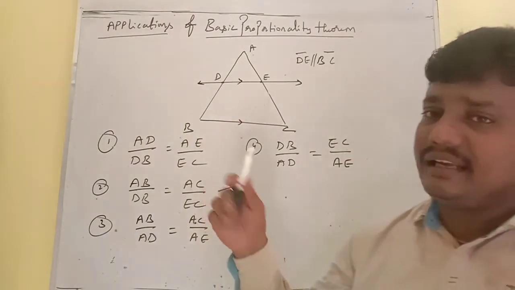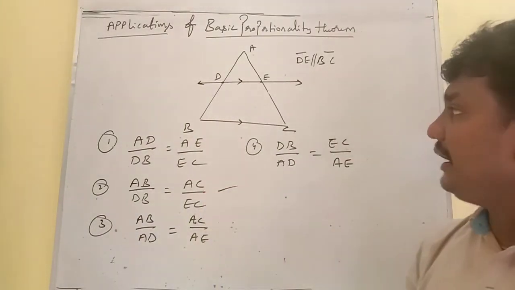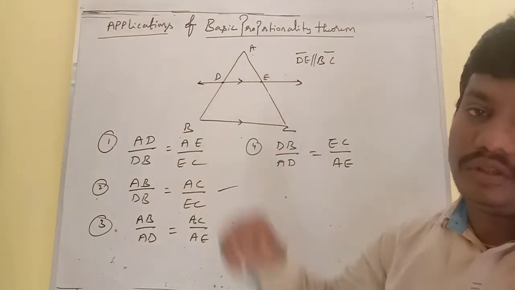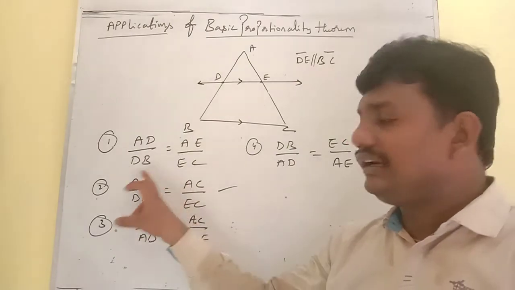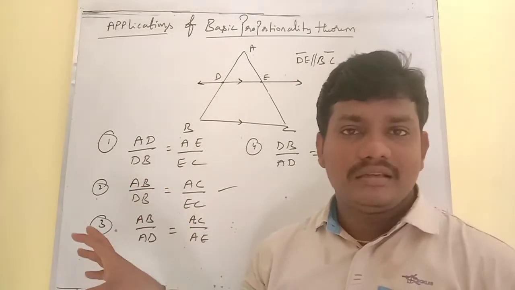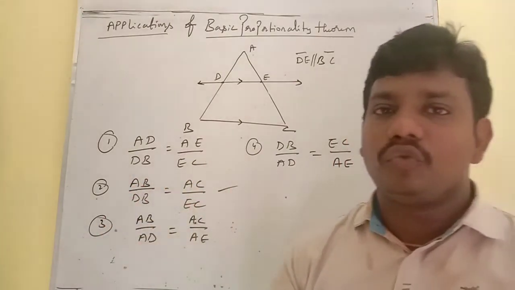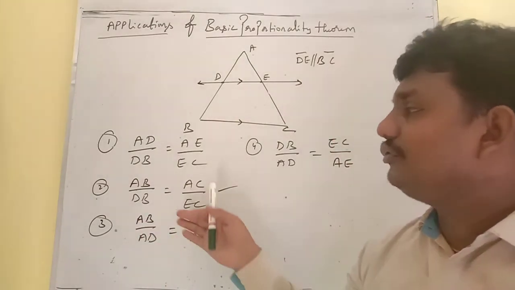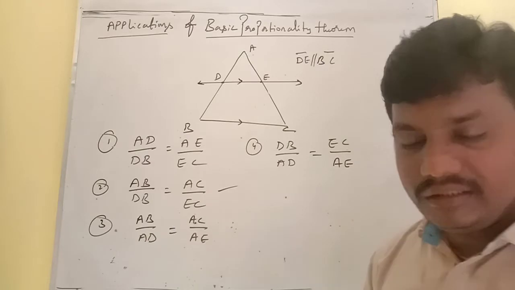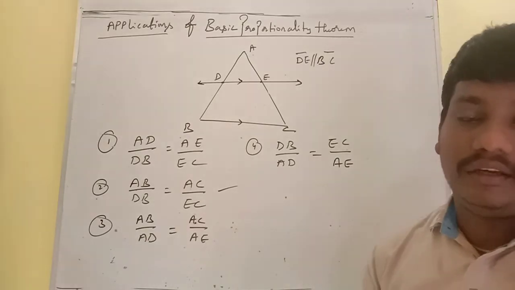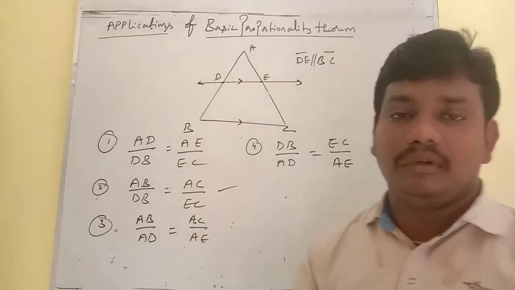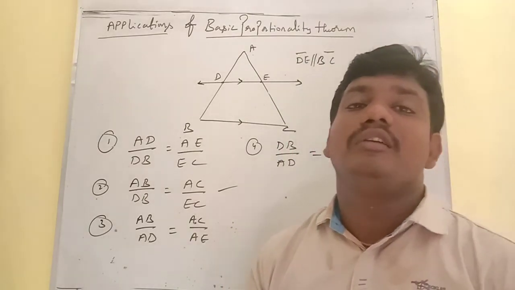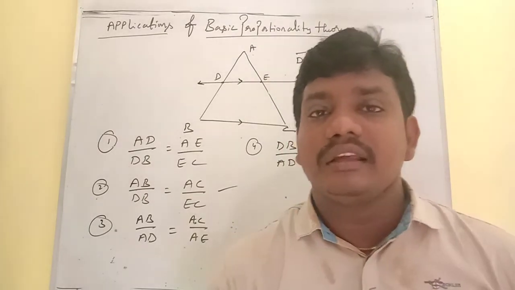Where is it exactly used in a triangle? If some portions are given, we find another portion. Here four quantities exist, and among these four quantities only three are given. We are going to find the fourth quantity. How to find the fourth quantity here? Because it is direct proportionality, this is a proportionality symbol. Now we are going to observe how questions are solved by using the basic proportionality theorem.